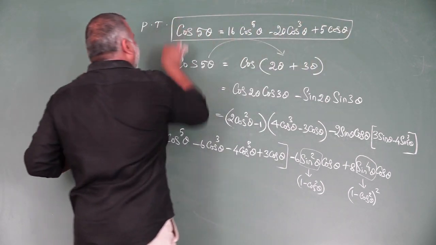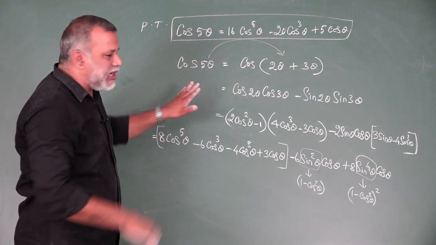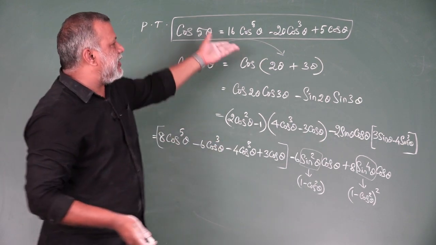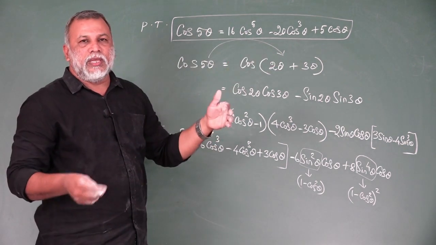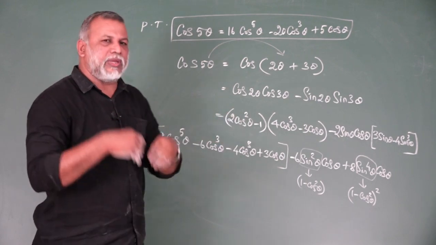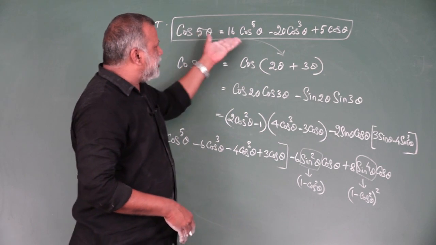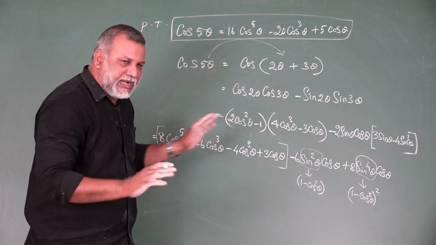So dear student, try yourself. 50% of it I already completed. The remaining work you have to try yourself. Then verify the answer because it is a proof only. So you have to try. Don't bother whether you get it right or wrong. Try many times. You will get it because it is a proof only. I already gave all the ideas.